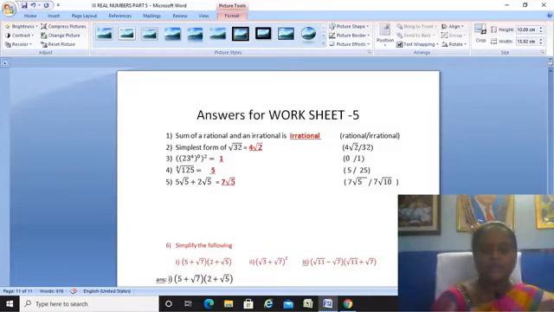Third question: 23 power 4 whole power 0 whole power 2 is equal to dash. Here, if we see the powers, it is like a power m whole power n, and there is one more whole power p. In that case, all the powers need to be multiplied, that is 4 into 0 into 2 is 0. So 23 power 0 is 1, since any number power 0 is 1. Fourth question: cube root of 125 equals dash. 125 can be written as 5 cube, so cube and cube root get cancelled, 5 is left, and 5 is the answer. Fifth one: 5 root 5 plus 2 root 5 is equal to 7 root 5.